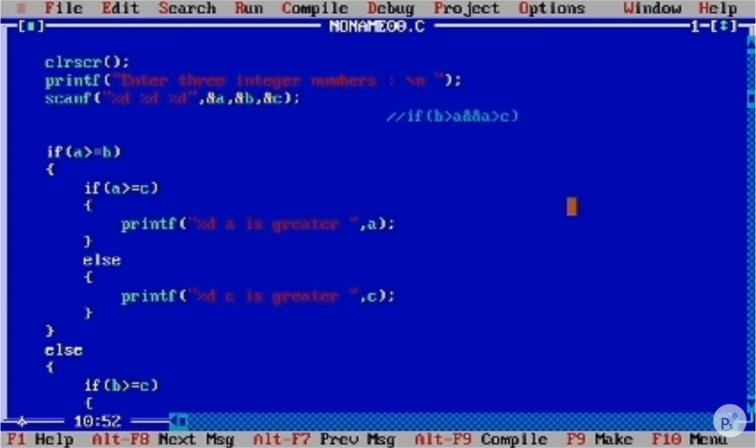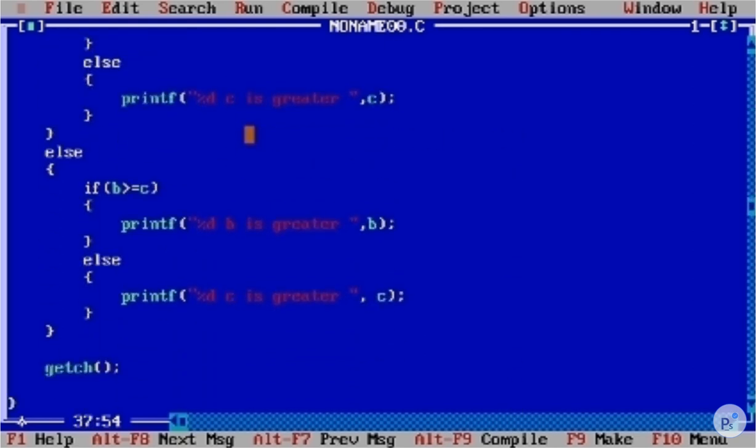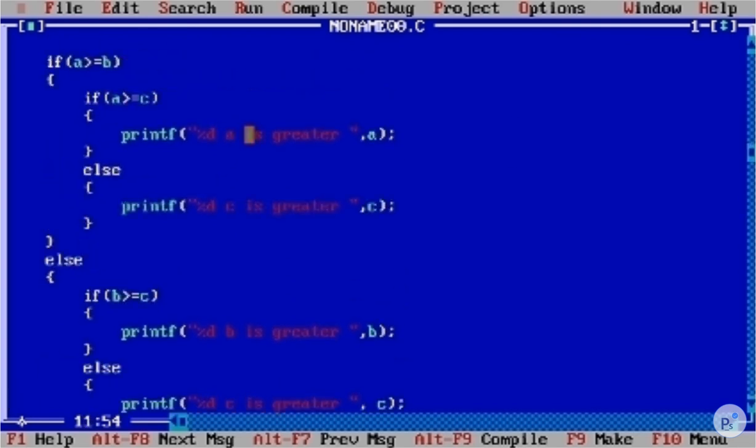If b is greater than a and b is greater than c, so obviously b will be greater. If c is greater than a and c is greater than b, so obviously c will be greater. You have to do this condition for all three conditions, so it will be very easy,